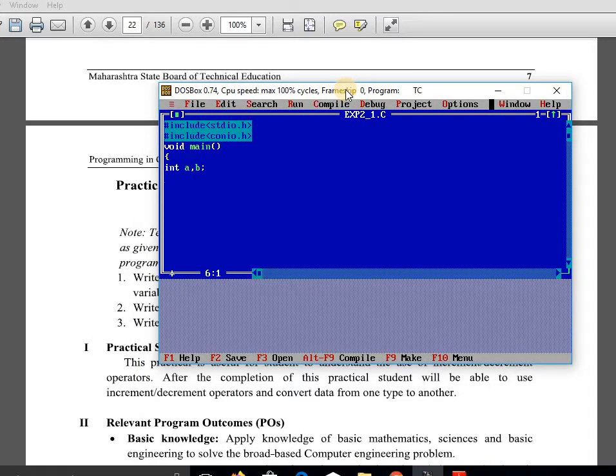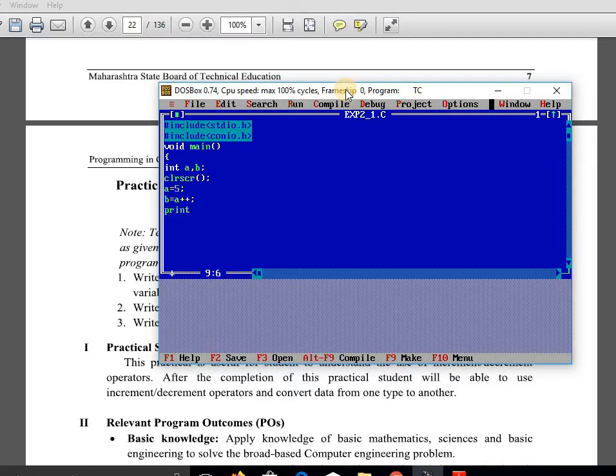Now see here, to clear the output screen we require the clrscr function. Now after that, first we will assign the value 5 to the variable A. Now the value of A is 5, and now we will see B equal to A plus plus,